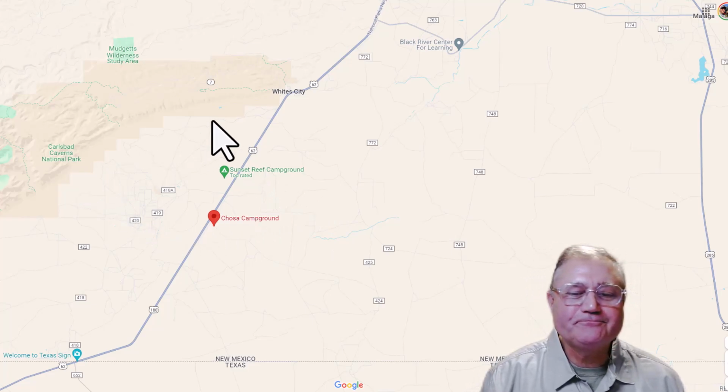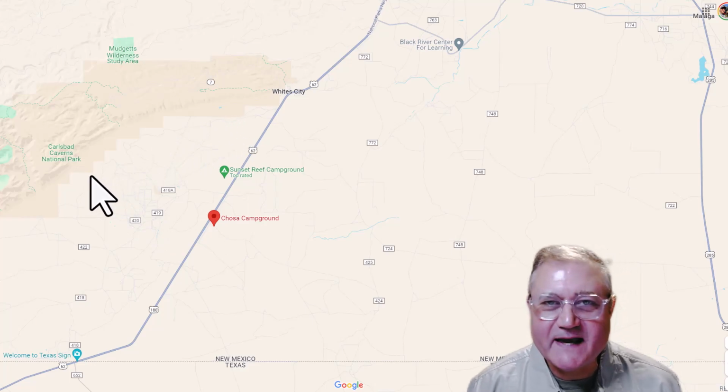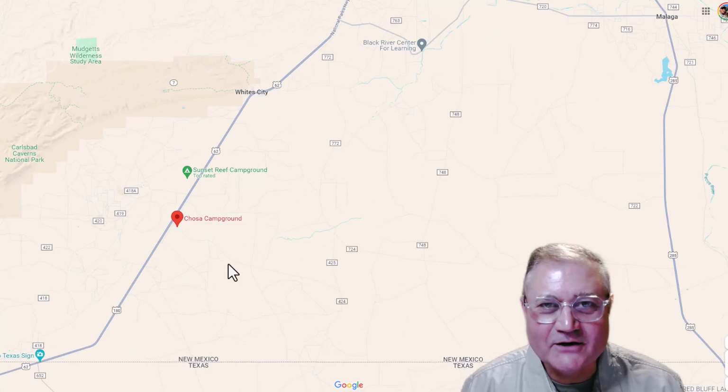And both of these free campgrounds are right outside of Carlsbad Caverns National Park. You're going to like this campground. This is going to be a real quick tour of the campground, and then we're going to get to our last stop